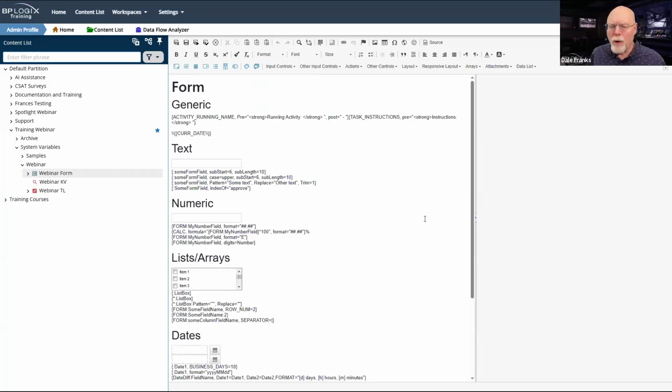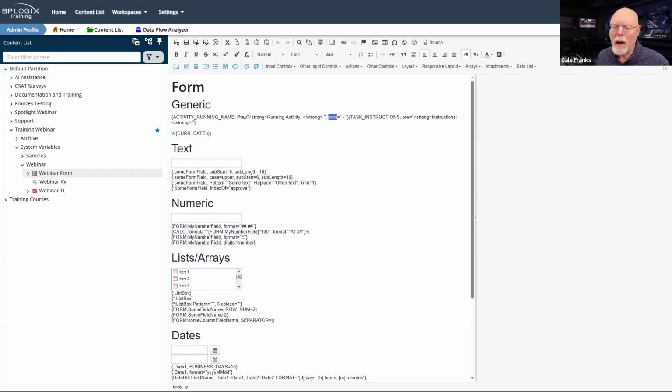One of the most useful formatters or modifiers to a system variable are the pre and post modifiers. What the pre and post modifiers do is they enable you to specify text that will appear before the system variable is rendered, in the case of pre, and text that will appear after it has rendered, in the case of post.